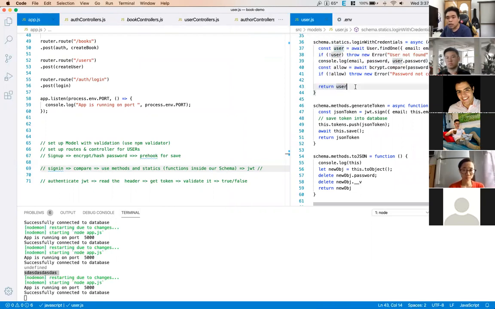If the password is correct, we return the user object. And then next step, we need to create the tokens for that user using this method. This is a static method. Using this method, we return the token as well as save the new token into our database. But there was a big problem